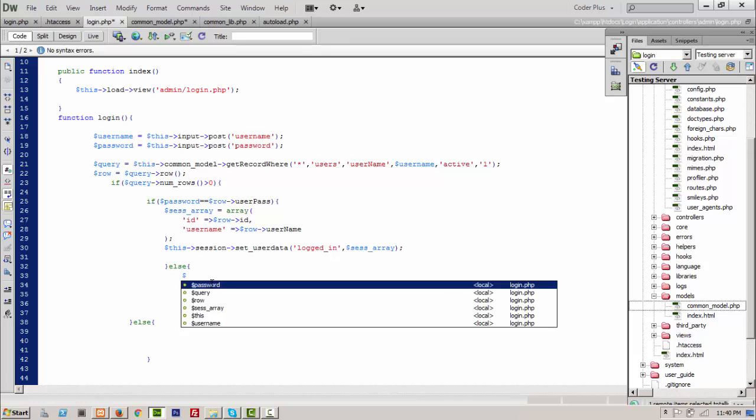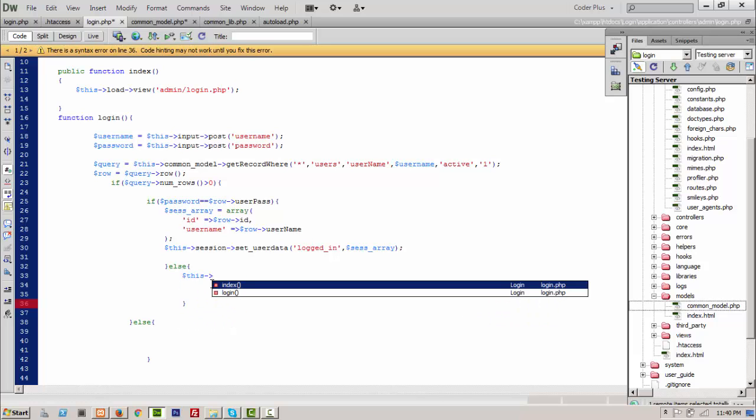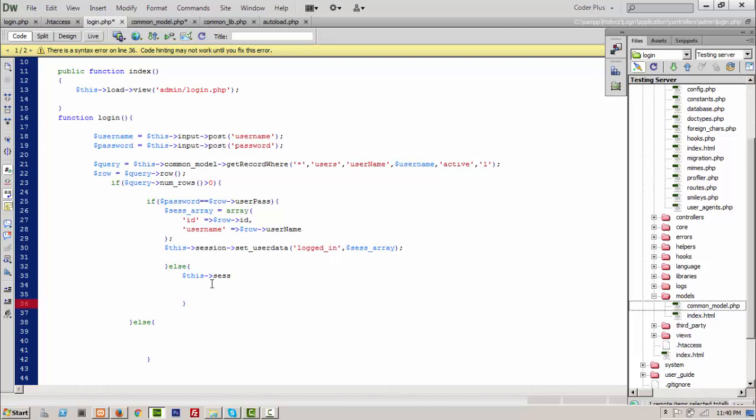So this reference in session, because I want to set the error to display in view, I have to set it in my session, because the session is that library. Any data that you store in session, you can call it anywhere. So this session